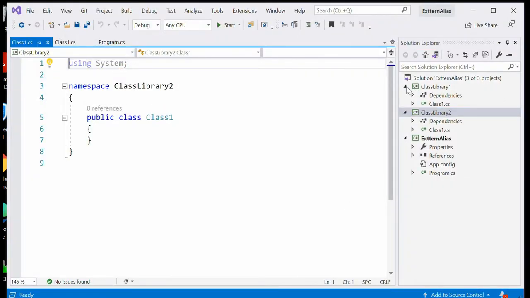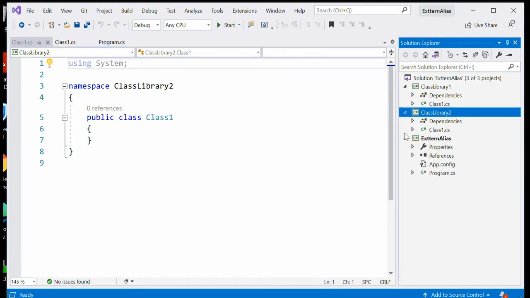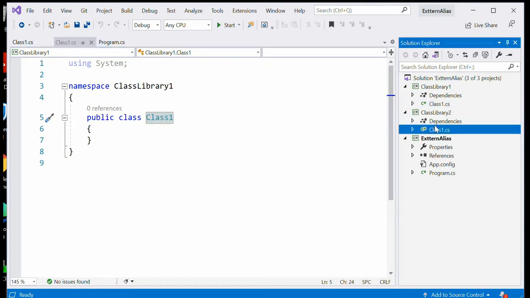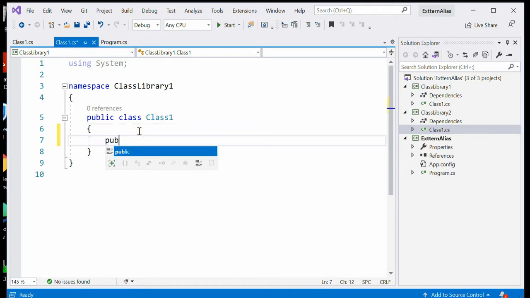The very first step, I created a console application where I can reference class library 1 and class library 2. After that I created class library 1, and next I created class library 2. Now let us write the code. Let it be Class1, and here also Class1 is there, the same class names. Take one function: public void Print.